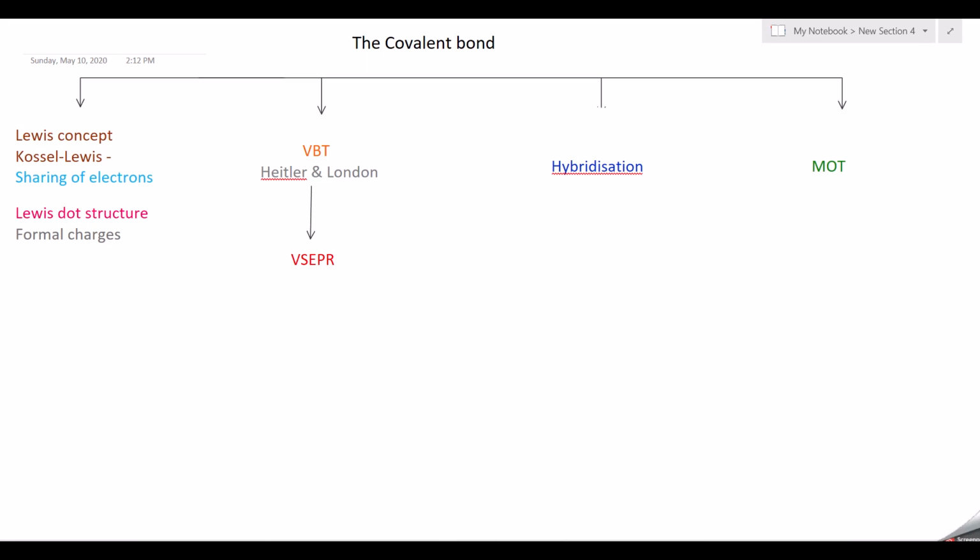The formation of a covalent bond is explained with the help of the Lewis concept, that is the Gauss-Lewis approach, where we have the sharing of electrons. So the atoms share their electrons to get 8 electrons in the outermost orbital. That is what we call the octet rule. And once they get 8 electrons, they will become stable. So we are talking about stability also.